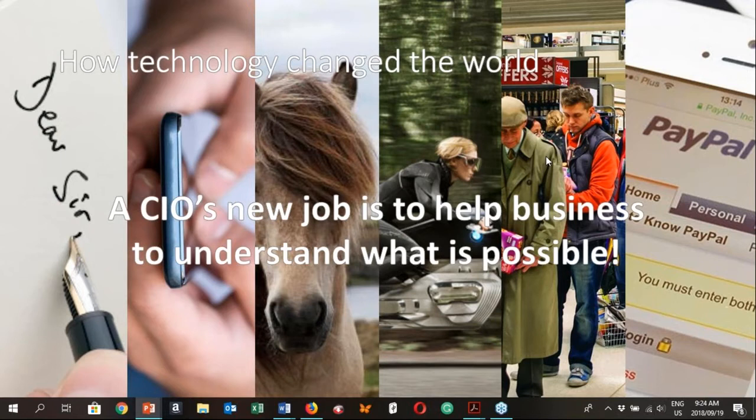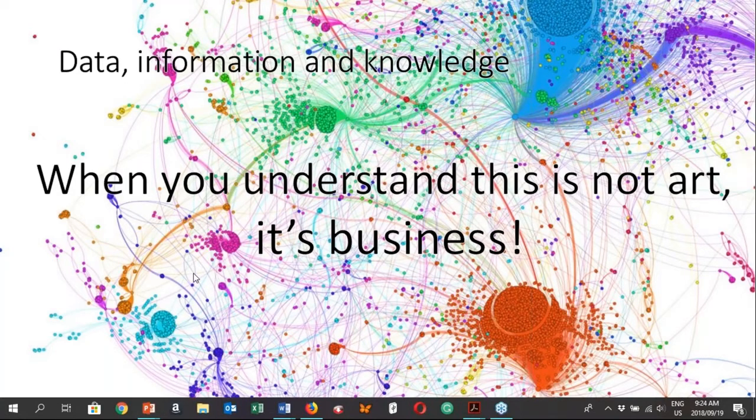If you thought this was a piece of modern art, it's not. This is actually about the deep and fundamental role that data, information, and knowledge is playing in organizations now. And organizations must really become masters at understanding data, translating that into information and knowledge, which they can act upon.